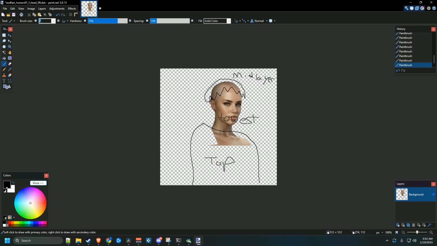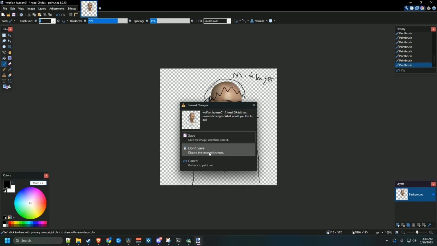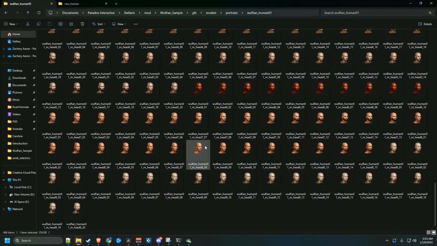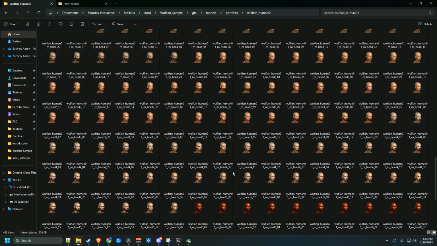You could do it vice versa, making the hair number 3 if you wanted the hair to go on top of the clothing. I essentially don't do that. It's harder to get perfection with this. I usually just put the hair behind the armor or whatever piece this is, and it's just easier for me to do. Now, it's the same thing with the male